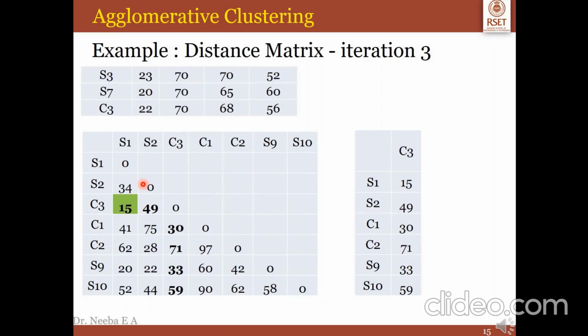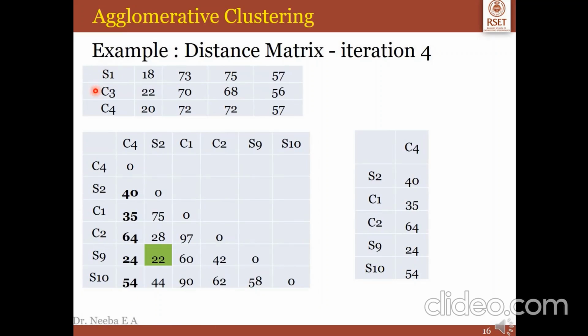In iteration 3, we are combining S3 and S7 to get cluster 3, finding the distance of each object to cluster 3 and replacing it in the distance matrix, and we again find the lowest value. Here it is between S1 and C3, that is 15. So the next cluster is a combination of C3 and S1.